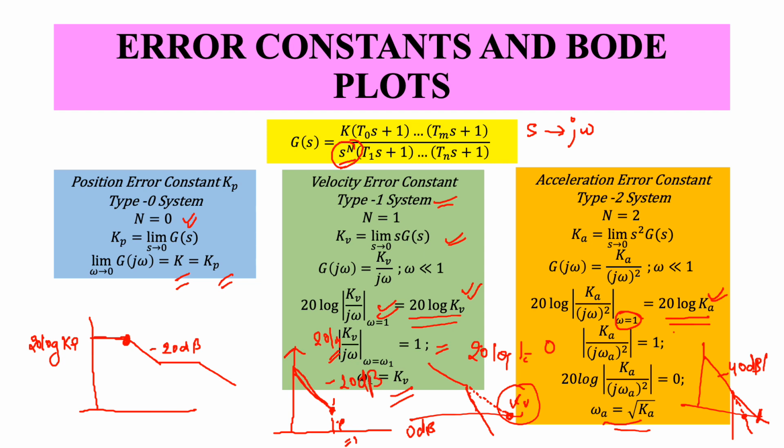So we saw several advantages now of the Bode plot, right? It is much easier to compute than Nyquist, and we just have to deal with adding straight lines. We could also visualize how a gain margin and a phase margin look. What we also learned towards the end is that given a Bode plot, I could compute Kp, Kv and Ka, the error constants. So that is what we learned today. That's all for today's lecture. Thank you.